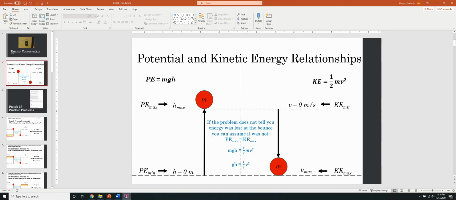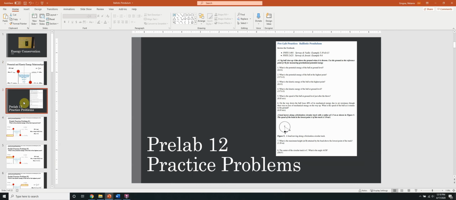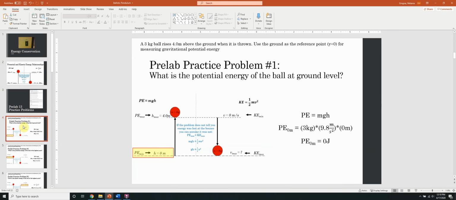Those pretty much hit all the highlights for the things that are going to be really important and relevant for doing the pre-lab practice problems. You can see here that there are going to be 8 pre-lab practice problems. So let's get started. All right, in practice problem number 1, this relies on the prompt that says there's